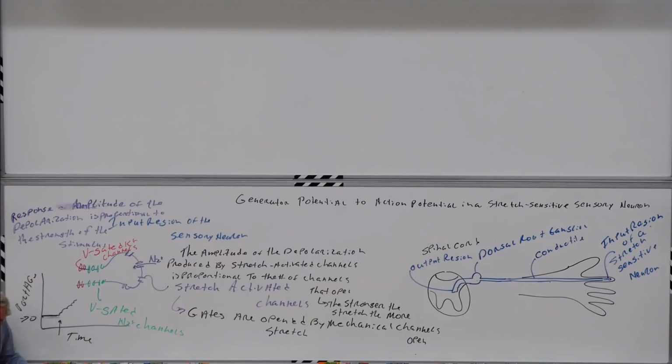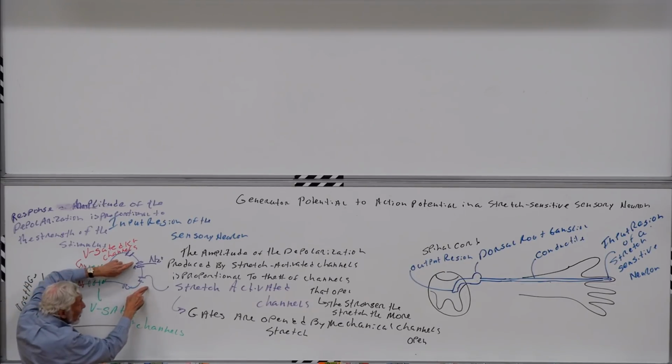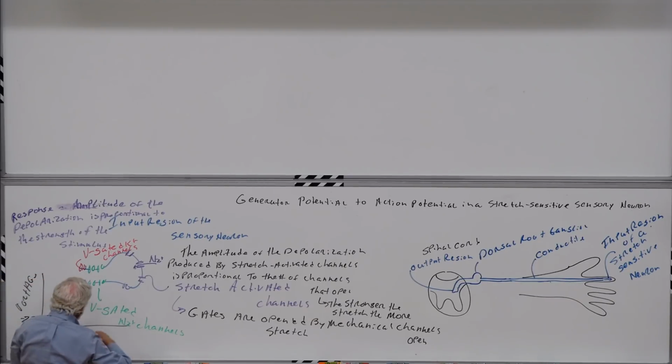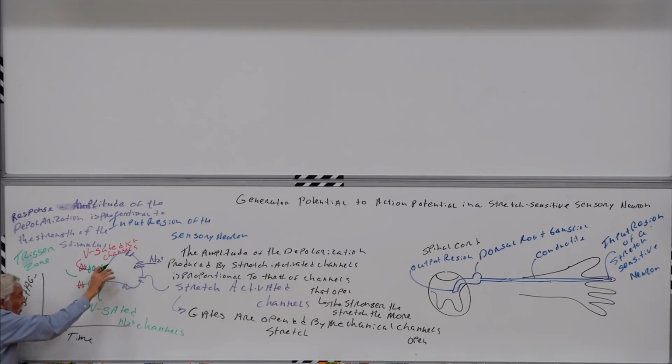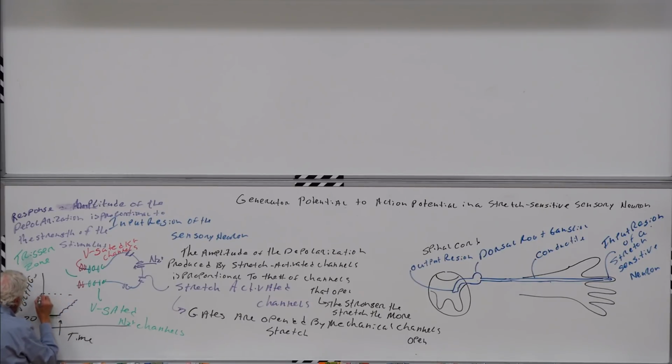But remember what triggers the opening of the voltage-gated sodium channels. It's charge. So now we can answer the question that keeps coming up every time we introduce these voltage-gated sodium channels: where does this positive charge come from? In this particular case, the positive charge is coming from the sodium coming across the membrane through the stretch-activated channels. The sodium is positively charged, so it generates depolarization. If we have enough of these sodium ions coming in across the membrane to bring the membrane at this site where we have clustered the voltage-gated channels, called the trigger zone, to that magical point called threshold,